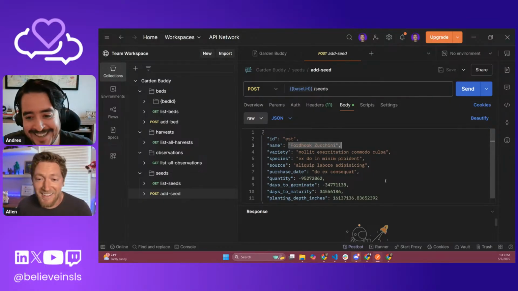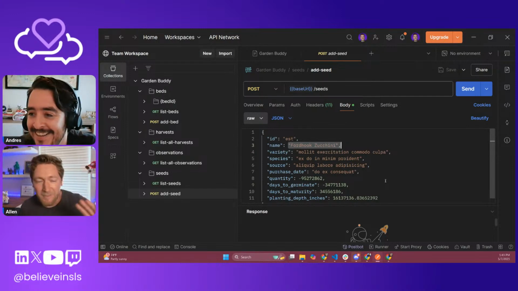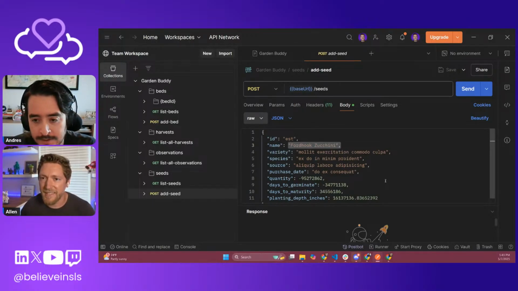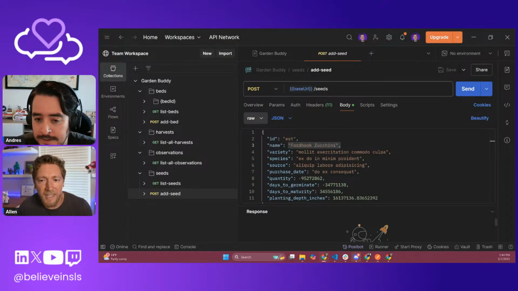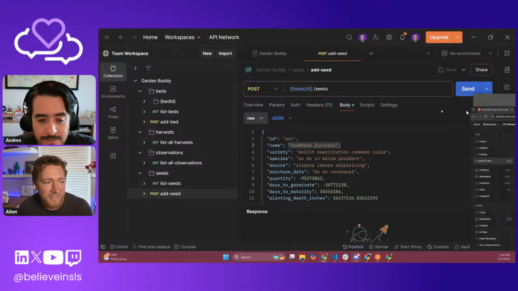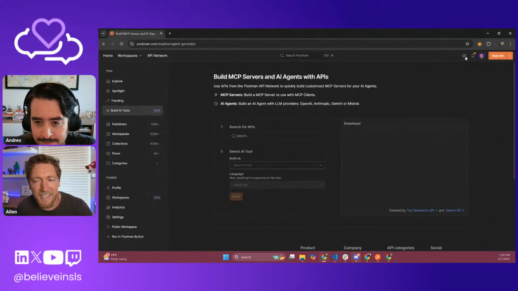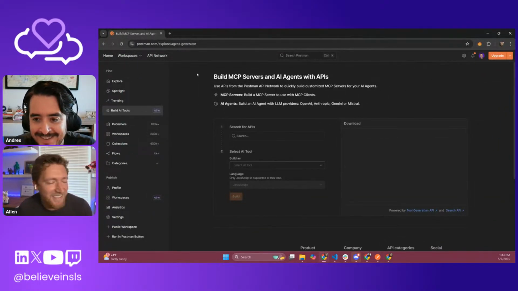Okay, so we saw we made our API. We can see that it's pretty usable as far as humans go. That's not bad. I got it as a human. Let's see what it looks like for robots. To do that, I made this stuff recently, so we're kind of at the mercy of how quickly things index.